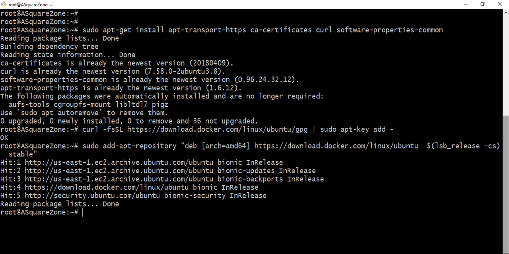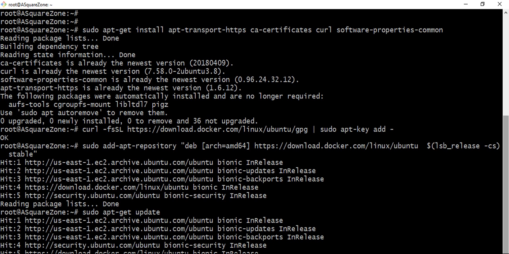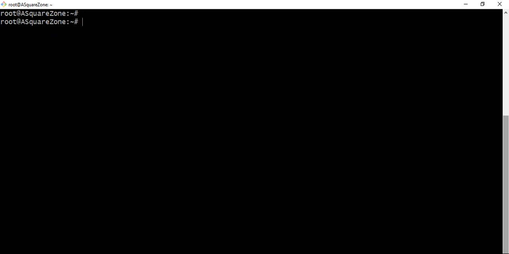Now we need to update the packages again. We will update the packages using sudo apt-get update. Yeah, it's updated. Now, as we are using the community edition, we have to install Docker CE using the sudo apt-get install command, and we are going to install the CE version, so Docker Community Edition.